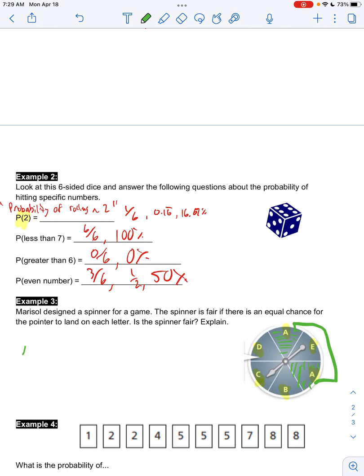So I would say that no, this is not fair because the letter A has a 2 out of 6 or a 1/3, 33% chance of occurring, whereas letters